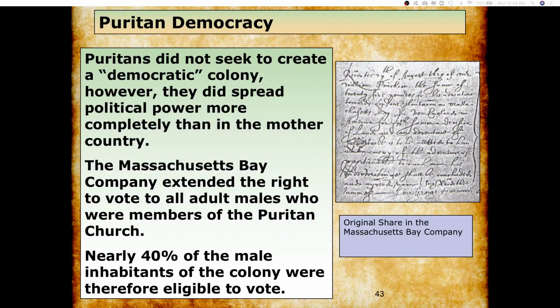Okay, that's implied. So in essence, what they're extending the right to vote to is 40% of their colonial inhabitants, which after Virginia's property restrictions, is an even higher percentage than Virginia, who is way more chill in their society and how they view religion and stuff. Like I said, Puritans be very contradictory with some things. Like, you're just like, what? Yeah, let's continue. There's more.